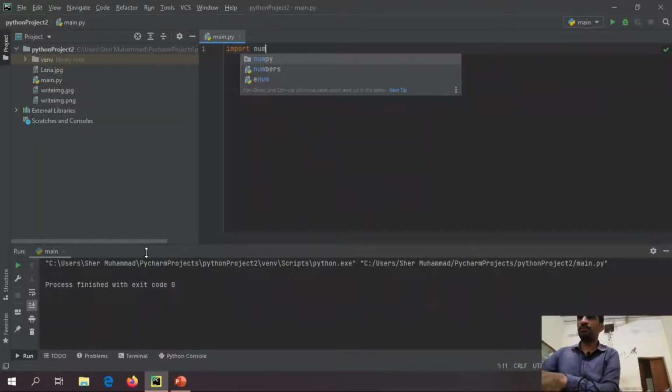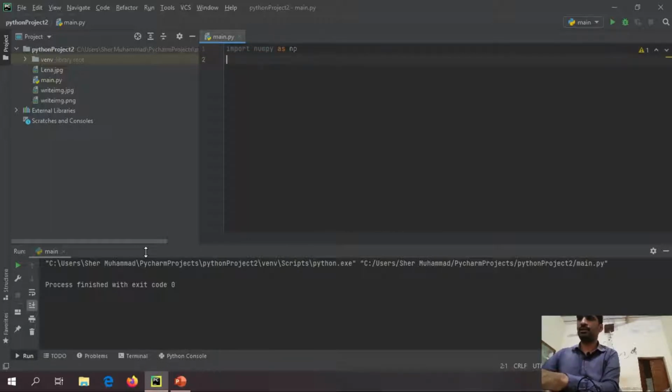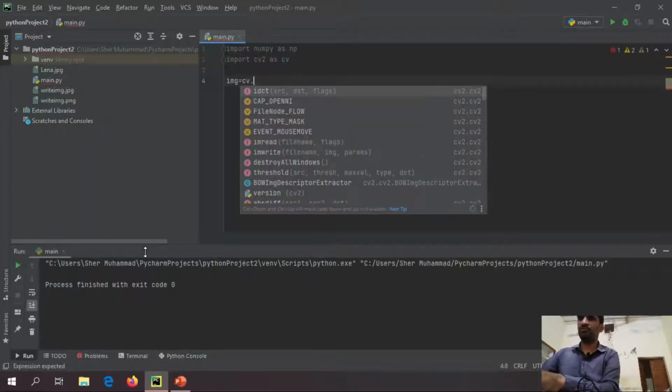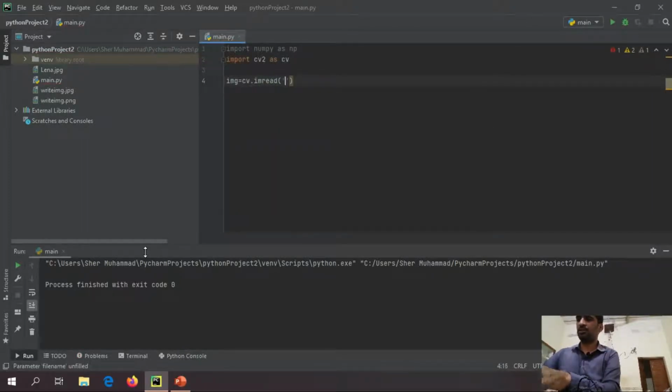In this short video, I am separating an RGB image into the three layers, red, green and blue, and then I generate an empty image and I will merge these three layers on the empty image. So first of all, I am importing the NumPy library and then the OpenCV library, and then I am reading my image, which is lena.jpg.